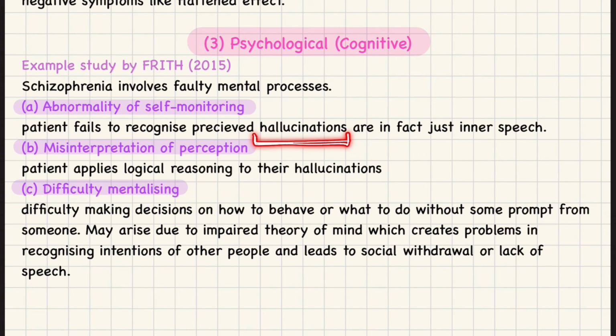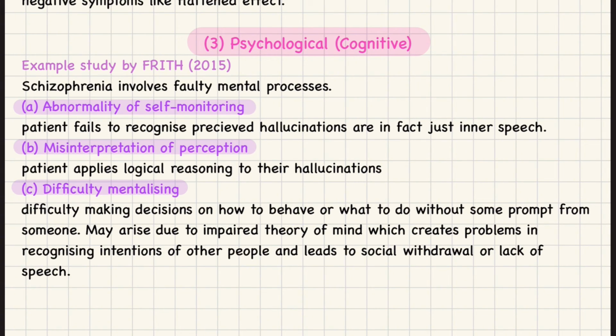A task was given to participants in which a few words were read out by a computer and then by a researcher, and the patients read them by themselves. They wanted to see whether the patient recognizes whether it's being read by the computer, the researcher, or by themselves. The people with schizophrenia performed worse at that task because they could not really identify who is reading it. They'd think of it as hallucinations. They don't know if the computer's reading it, if the researcher's reading it, or if they're reading it themselves.